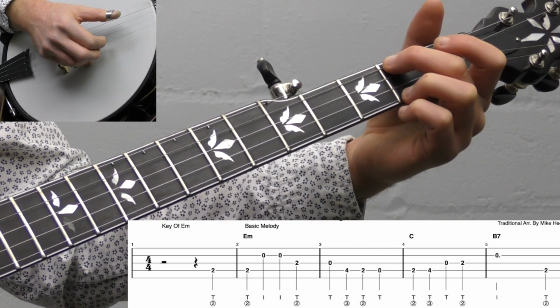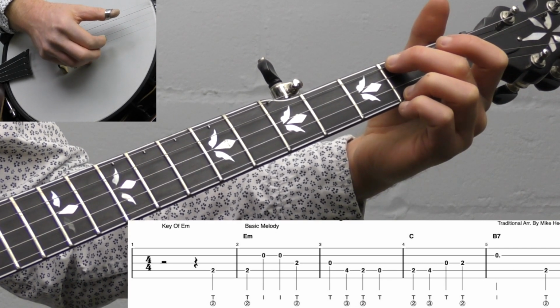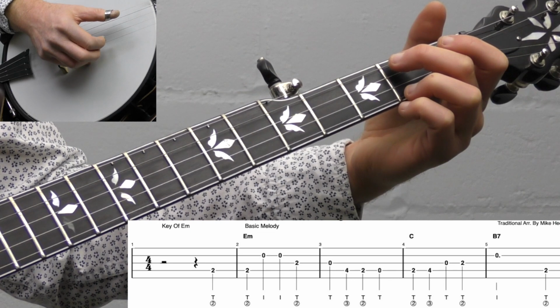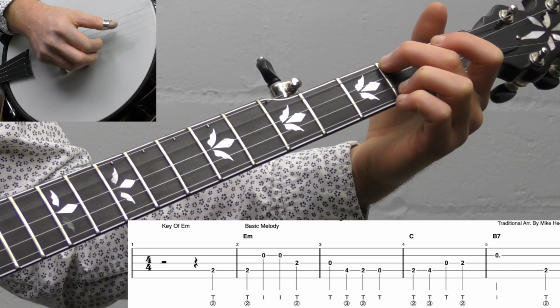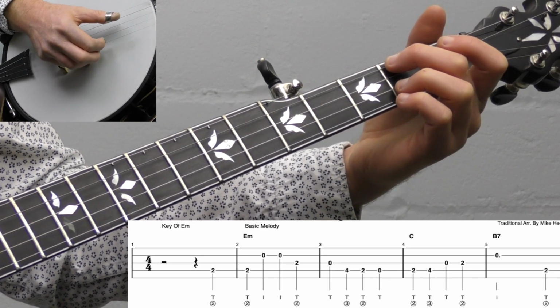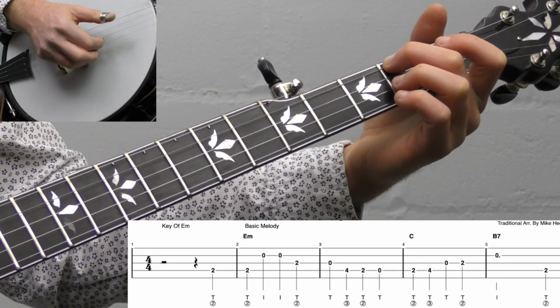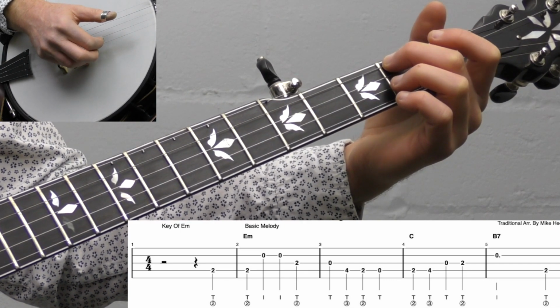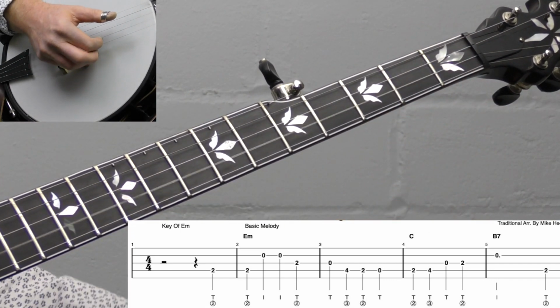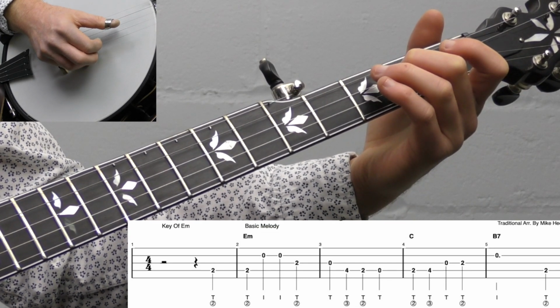So we're going to play that note twice in a row on beat 4 and then beat 1 of measure 2. So we have 1, 2, 3, 4, 1. And I'm using my thumb in my right hand twice there. So 1, 2, 3. And then we're going to hit the open 2nd string with our index finger of our right hand twice. And then the 2nd fret of the 3rd string, I'm going to use my middle finger as well